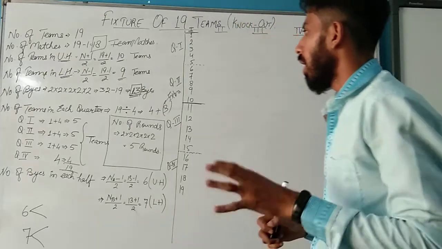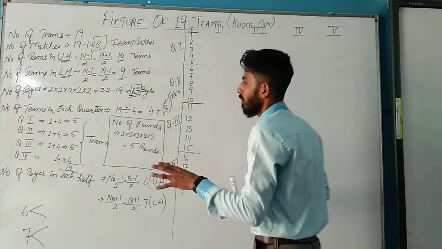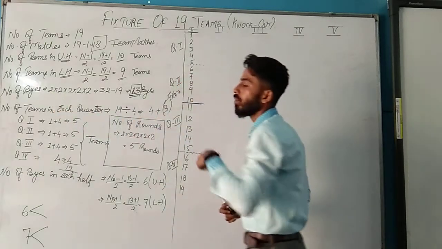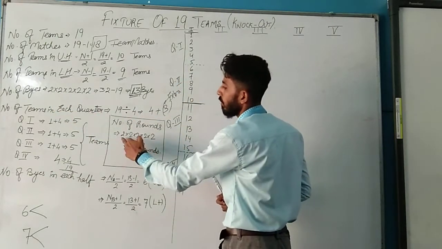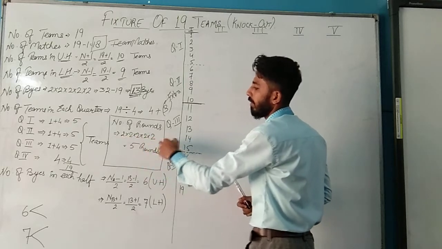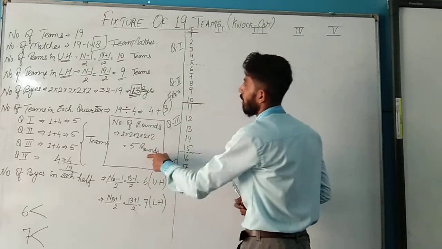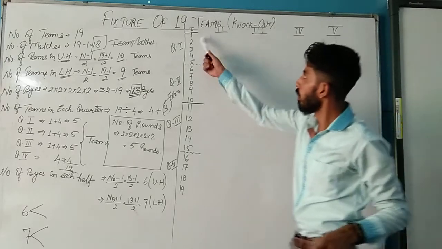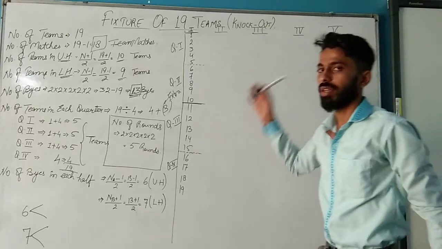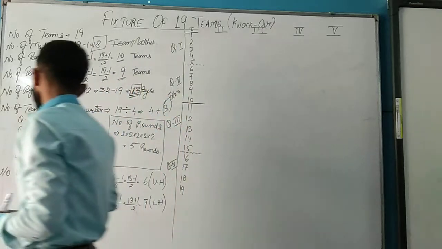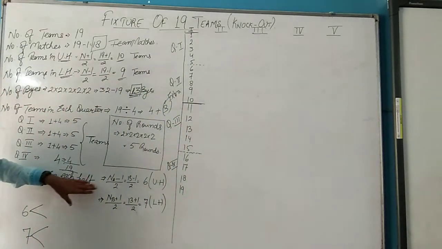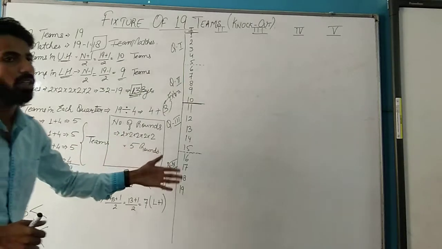Now, how to calculate the number of rounds? As I told earlier in my first video, that the multiples of 2. Count the multiples of 2. Total number of 2s are 1, 2, 3, 4 and 5. So the rounds will be 5 rounds. Hence I have calculated the rounds will be 5 rounds. Round 1, 2, 3, 4 and 5. Now the last one, that is number of teams in each half for the further division of byes.